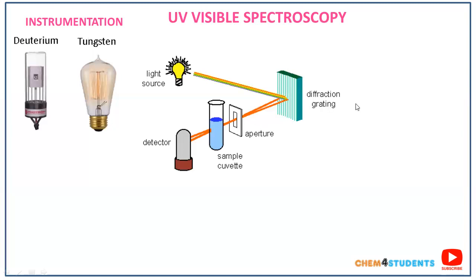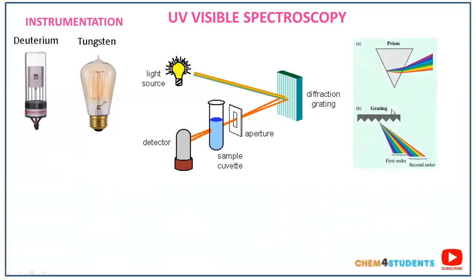And we have another component, prisms, which will be useful for converting light to individual colors. Here dispersion will be taking place. Here we can see the prisms and gratings. The dispersion that we can see here in the prism, the light will be dispersed. We have two types of prisms: refraction type and reflection type. These prisms are inexpensive components, so they can be used in normal traditional UV visible spectroscopy.